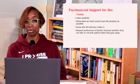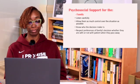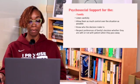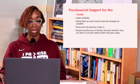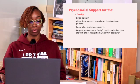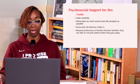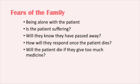It might be a spouse, it might be a child, it could be anybody, whoever has been in that person's life the most and helping them throughout their illness. Respect the preferences of the family's decision, whether they are with or not with the patient when they pass away. So some fears may come up with some family members: they may not feel comfortable being alone with the